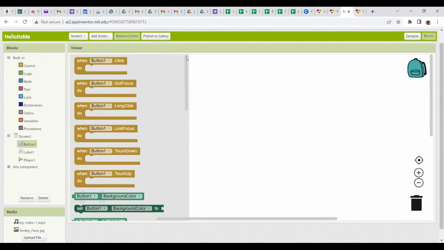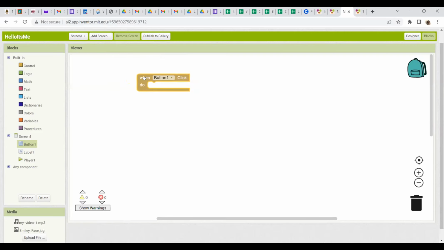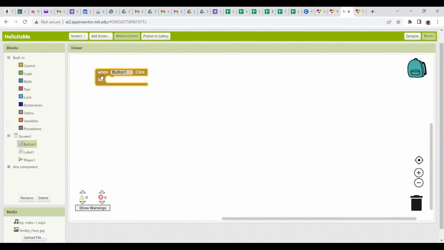So first thing what I'm going to do is, I'm going to click. Our plan is to click the button, right? Not just like hovering the mouse. So I'm going to select this one because when I press the button, it has to do something. So I'm taking this block here, right? When button 1 is clicked. This is what we are going to do, right? So it is here now. Then